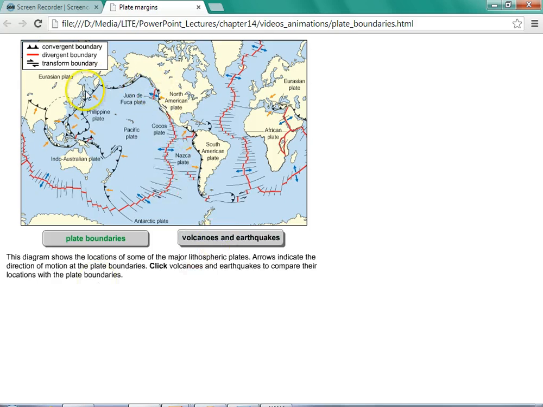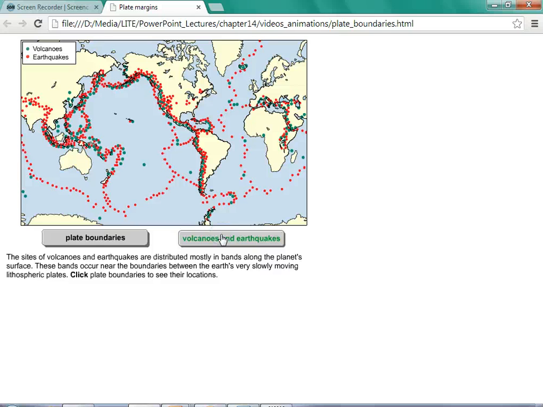Okay, so I showed you earlier where all the plates are. Remember, divergent boundaries are going to be red, and convergent are going to be your little weird looking things. And here are your transforms, which are the areas going back and forth. I say weird looking things, I guess convergent, sharp. The sites of